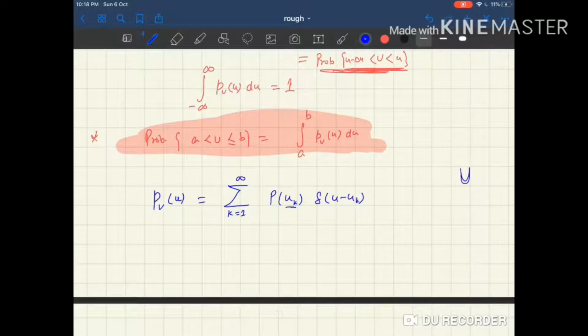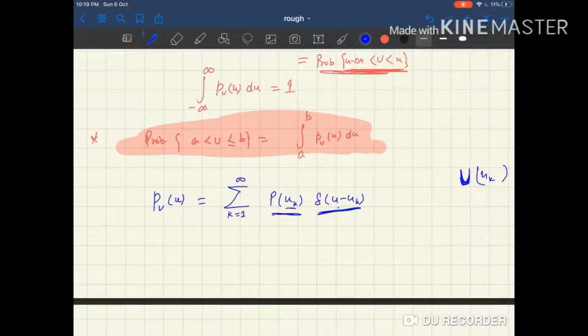So this capital U, the random variable, contains values small u, and earlier it was continuous, but now since it is discrete, you need to use this u minus uk. So when your u is not equal to the values uk, it will give you a 0 contribution, and when it is equal, this becomes 1, and so you just add all the probabilities till this uk.